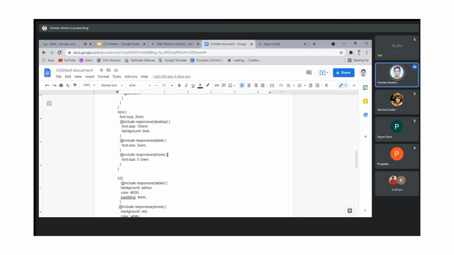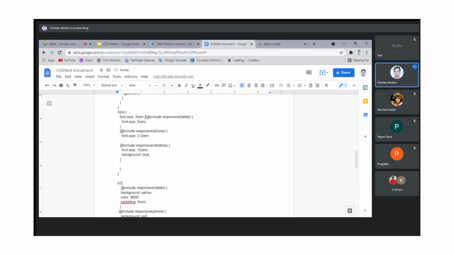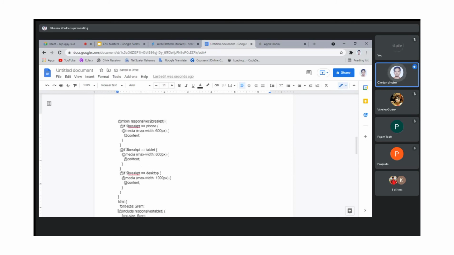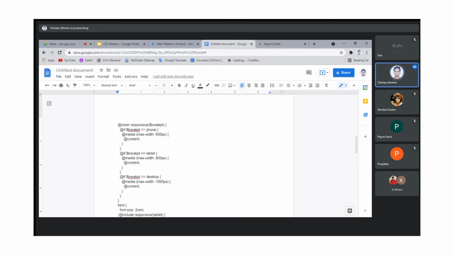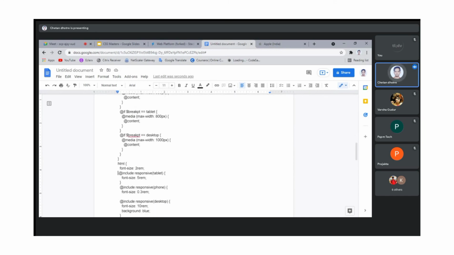Why didn't I go with the phone first? What happens if I revert these changes? I can show you that too. This is using max width. You must know that max width takes the width from zero till the last point, which means from 0 to 800 pixels we have access to whatever you put in the style sheet or declaration.